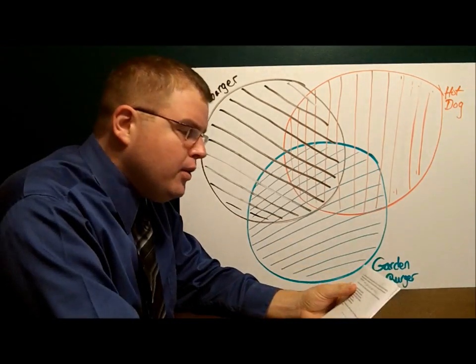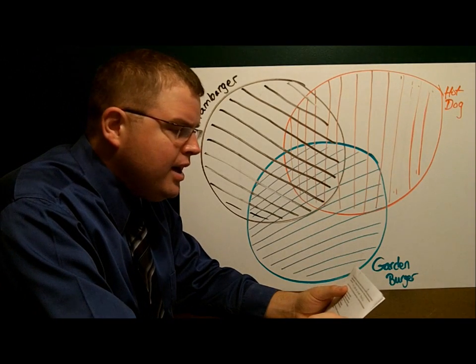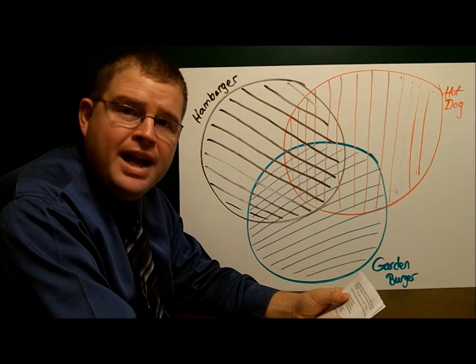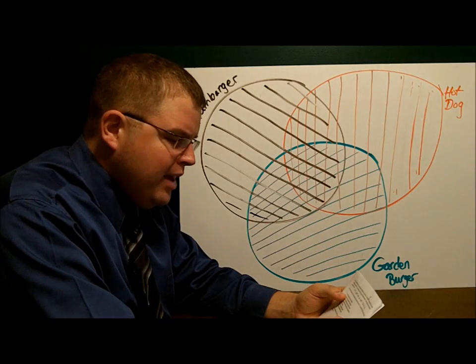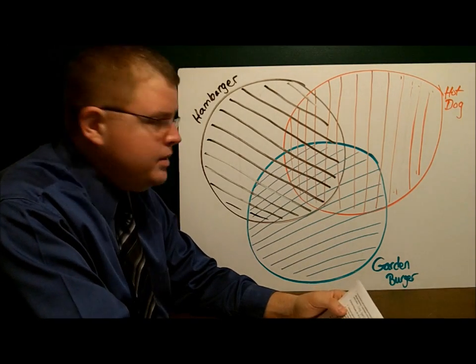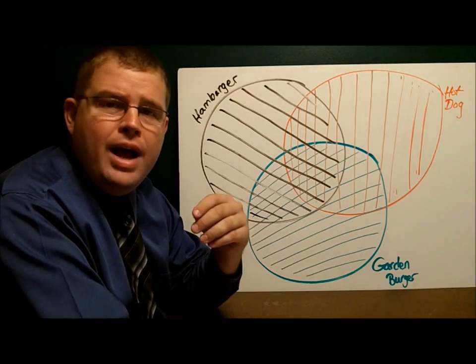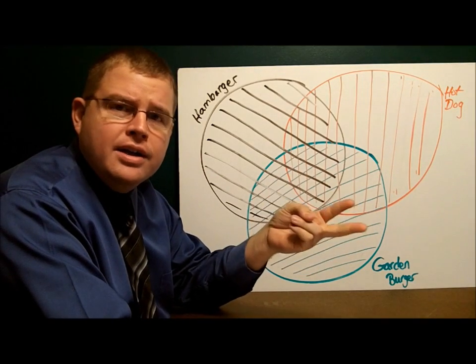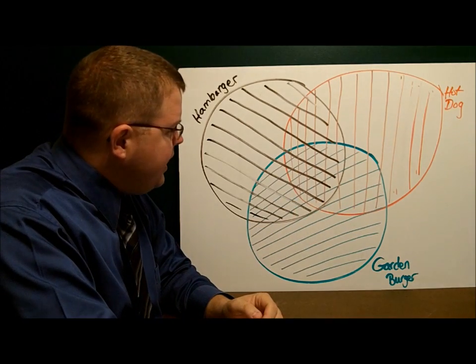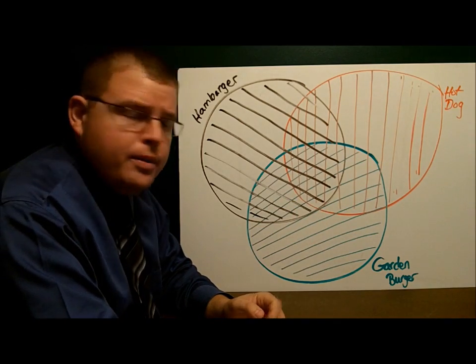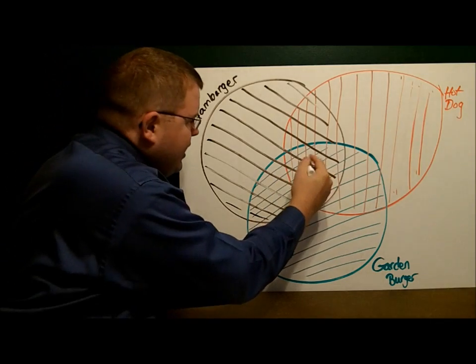They said we had a total of 54 people coming to this party. Every guest ate at least one sandwich. 3 people had one of each kind. So there are 3 people who had a hamburger, a hot dog, and a garden burger. So those 3 we'll put into all 3 circles. And notice this section right here